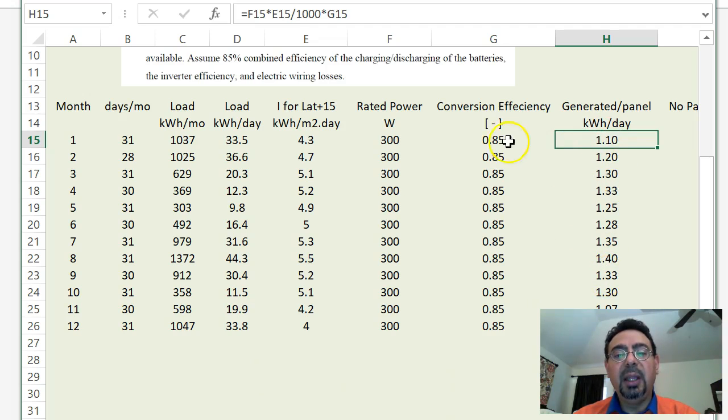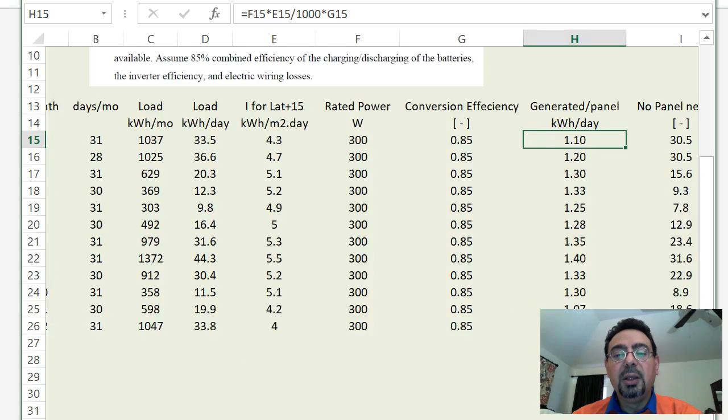Okay, why per day? Because I just use kilowatt hour per meter square per day. So if I want to find out how much per month, then I have to multiply this by the number of days in months. So I choose to turn the load into kilowatt hour per day, and the generated energy per panel also kilowatt hour per day. Could I have done this per month and keep the load per month? Sure, months and months, or day and day. Anyway, so both will work, but here is the load per day, and here is what is generated from each